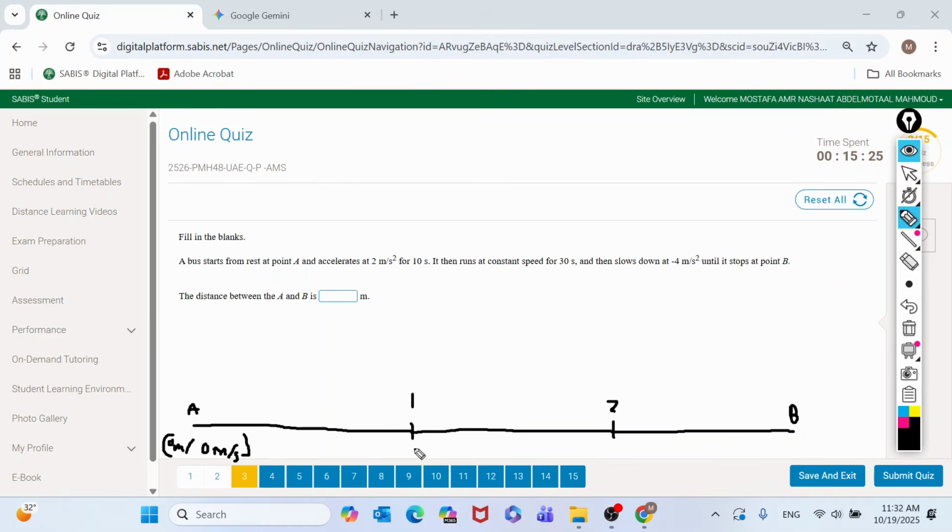Now, what's the velocity and the distance here? So for the velocity, we just use V equals AT plus V0. So A is gonna be 2, T is 10, and V0 is 0, so plus 0. So V is gonna equal 20. And for the distance,